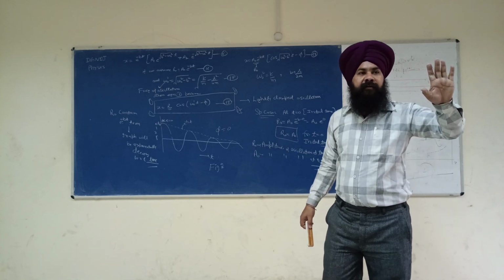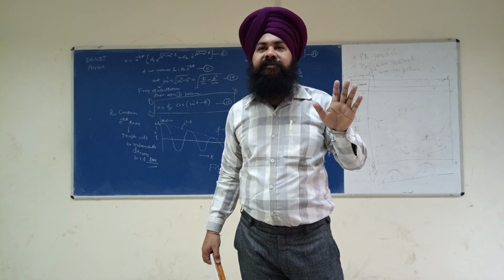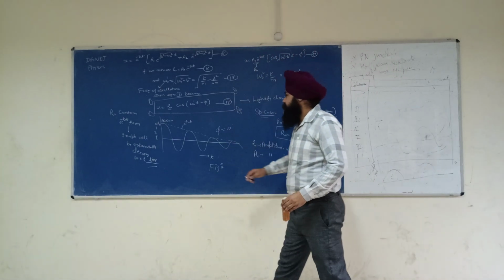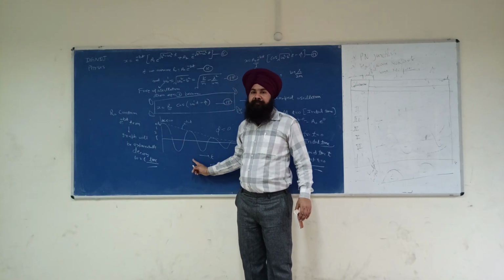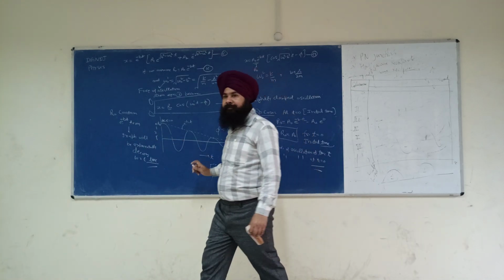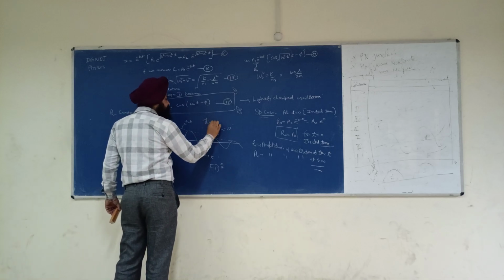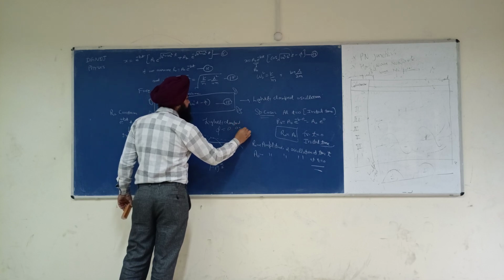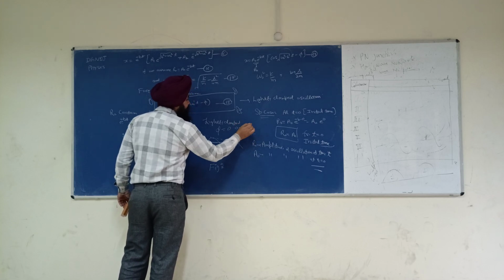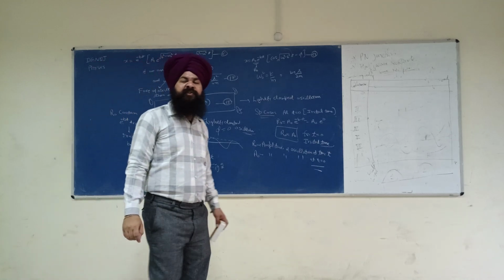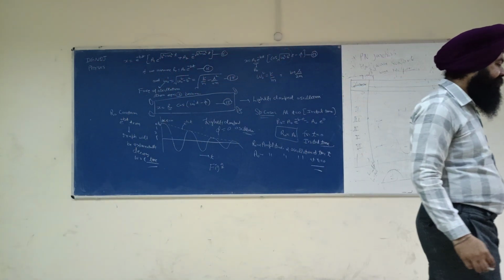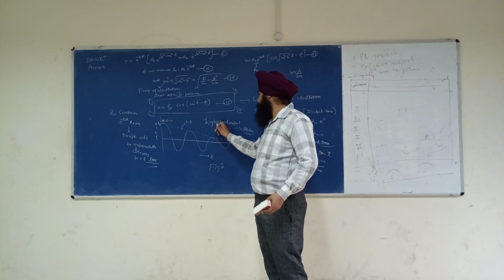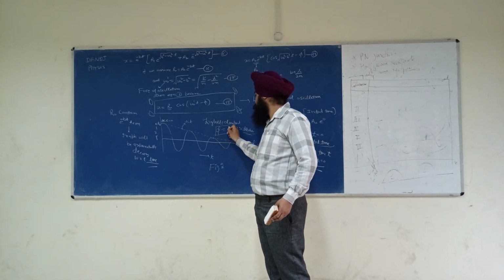Are you getting all the points or not? समझ आ रहा सबको? The value of displacement x versus time. This is for the lightly damped oscillator, as shown in figure 2, by assuming phi is equal to 0.